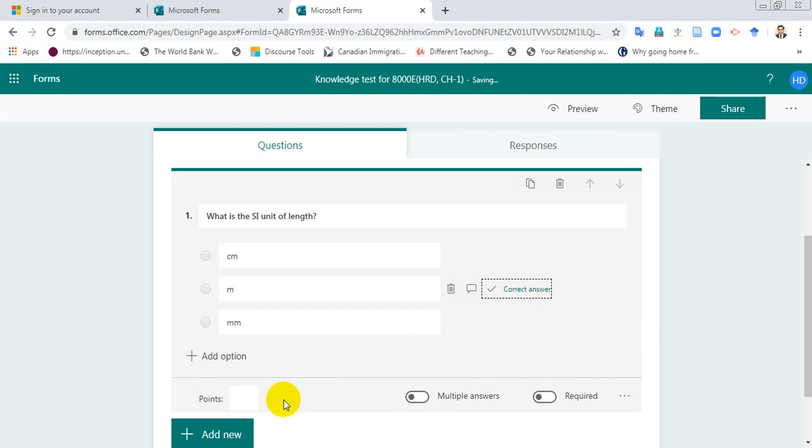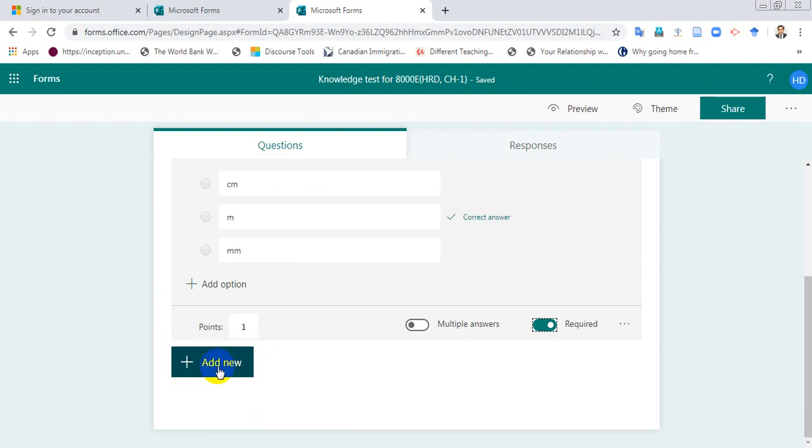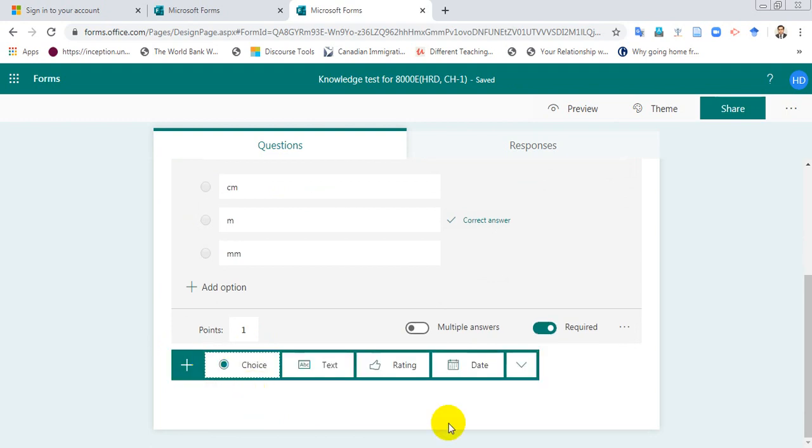And once we click here, there is a point option, and we can write here 1 mark for this. And please remember, if it is essential that the question be answered by the student, click the required button over here and make it green. And in case you need other questions, simply click the add new button with the plus and make another question. For example,